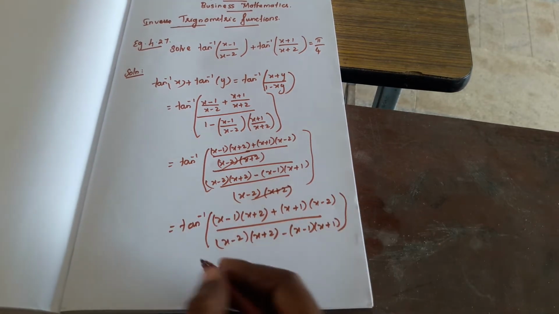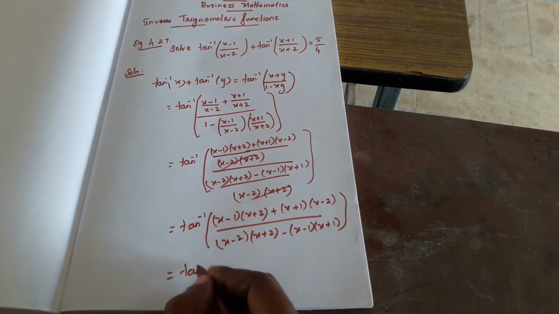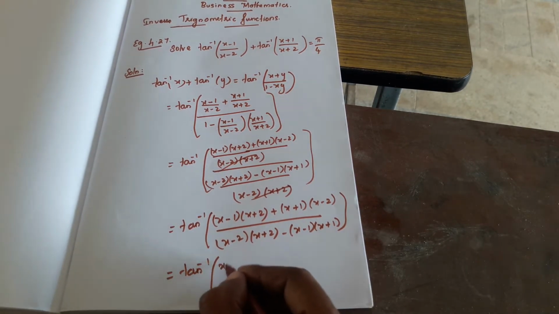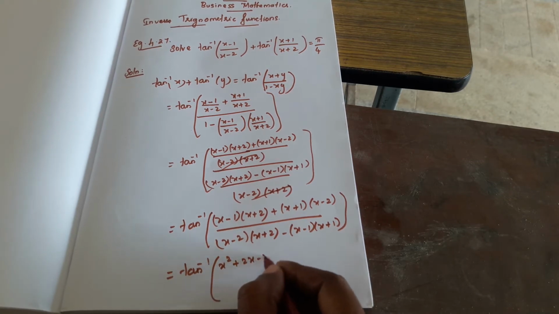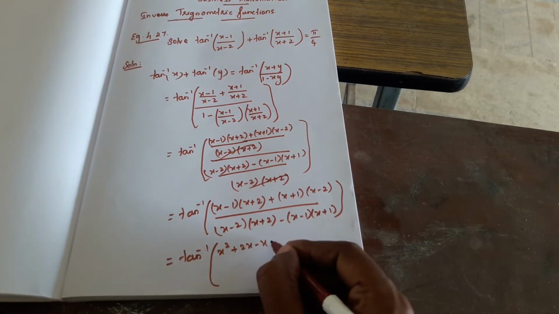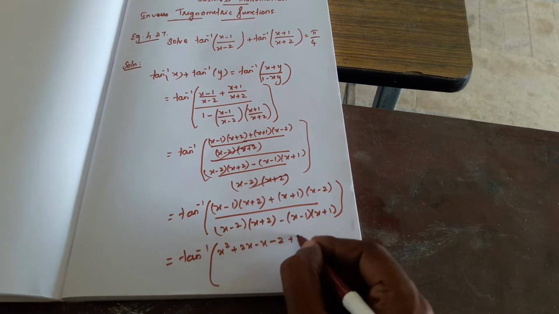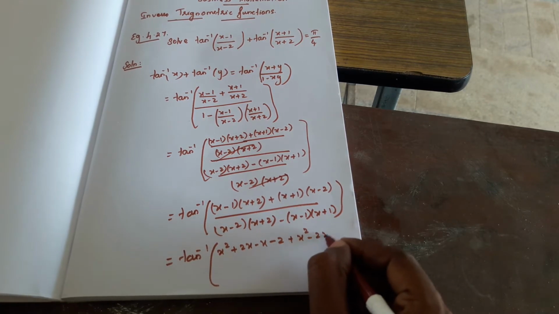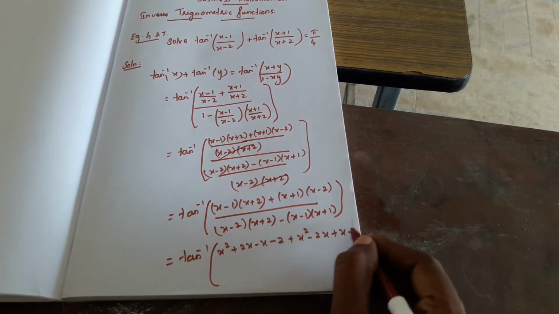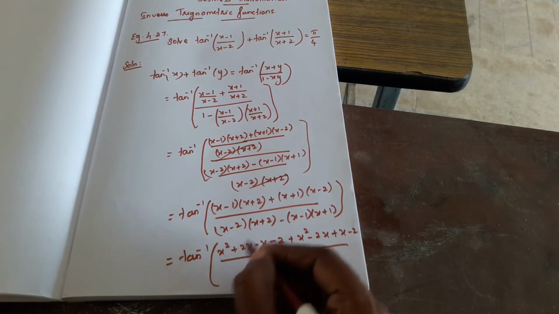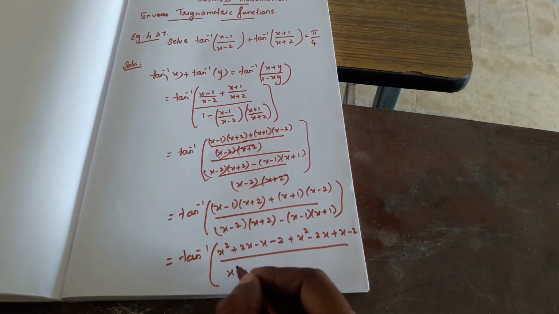So we are going to simplify this. That's equal to tan inverse of x square plus 2x minus x minus 2, then plus x square minus 2x plus x minus 2. Do it very carefully. Divided by this one, if you are simplifying,